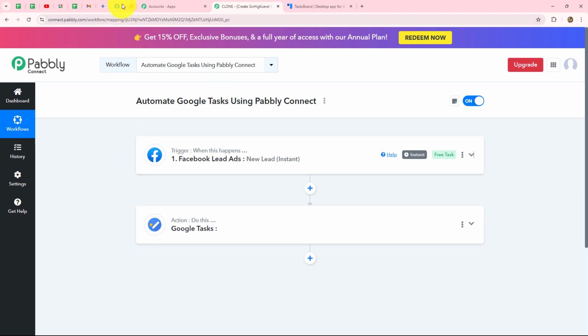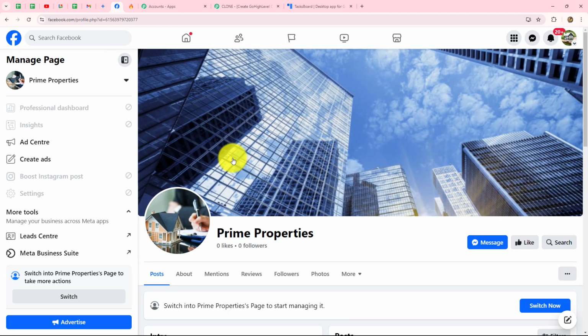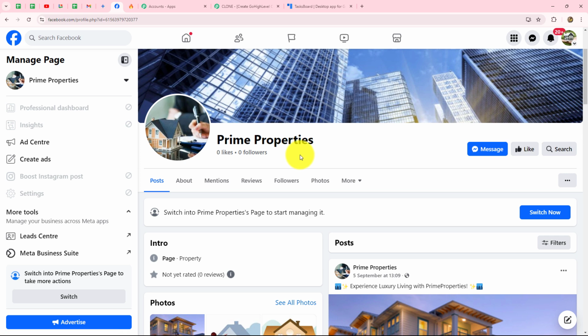Now in this scenario, let's suppose I'm running an ad campaign for my real estate agency on my Facebook page to promote my business. And I've also created a lead gen form to generate the leads from it. Okay, so I've created all of them with the help of Facebook lead ads. Now my objective is that whenever a new lead is going to visit my ad campaign and they are going to submit the lead gen, when they will be interested in any of the properties for renting or buying. So I want to capture the response of that lead immediately, and for that same lead I want to create a specific task in my